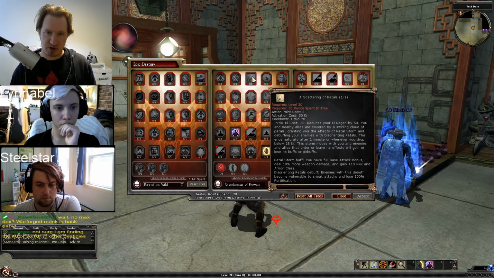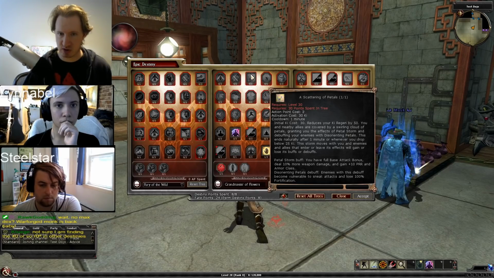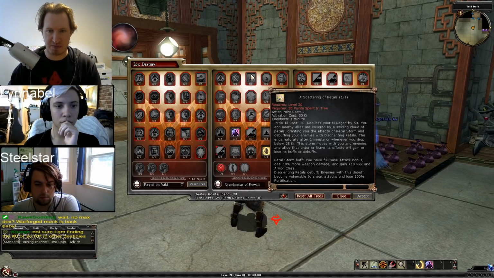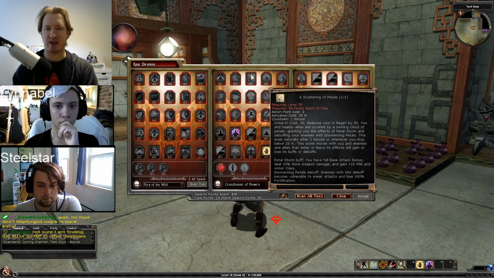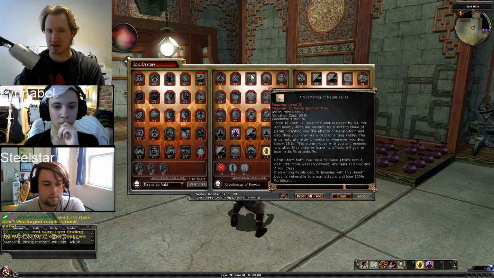The storm moves with you, and enemies and allies that enter and leave its effects will gain its buffs or debuffs. So Petal Storm is you have full base attack bonus, 10% more weapon damage, and 10 PRR and armor class. Disorienting petals debuff. Enemies with this debuff become vulnerable to sneak attacks and lose 100% fortification. So the idea is you press this button, it creates petals everywhere, and it's quickly draining your key. And then, so if I have like 700 key...